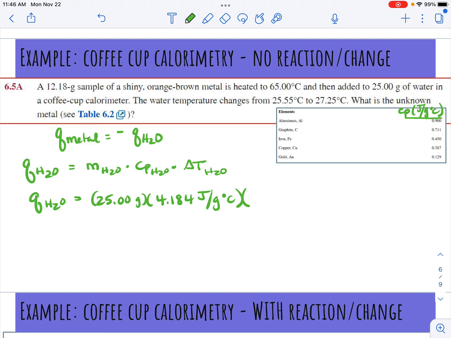And the temperature change from 25.55 to 27.25, so final minus initial, 27.25 minus 25.55 degrees Celsius. When I subtract that out, I get a difference of 1.7 degrees, so that's technically going to be 2 sig figs. So I'm going to solve for Q and discover that this is positive